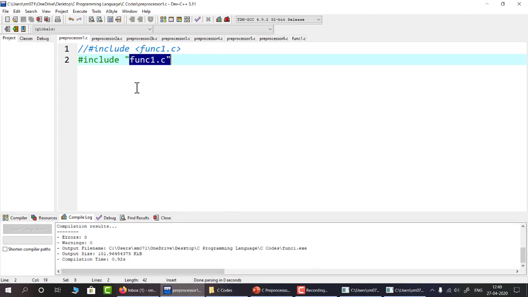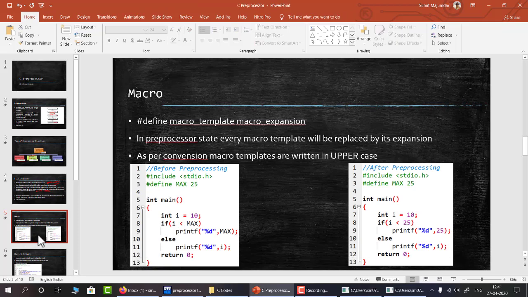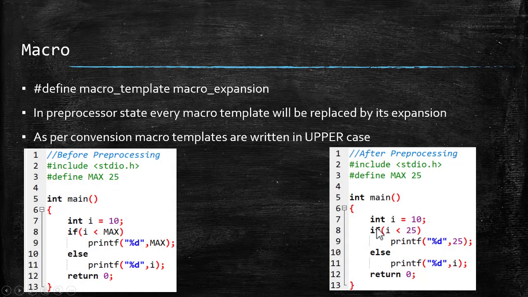Next, we are going to discuss the macro directives. It is written as #define followed by the macro template followed by the macro expansion. So it will be written in this example. It is written as #define, that is the directive.